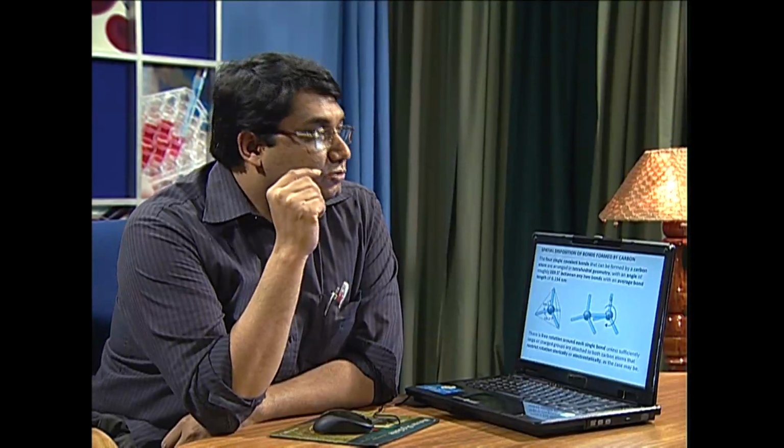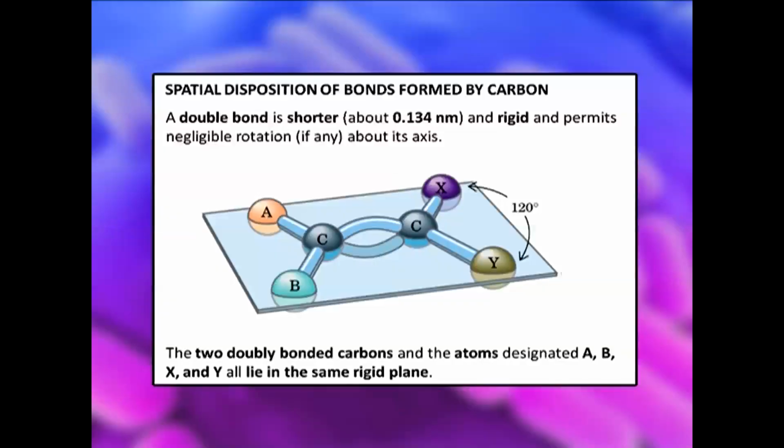sterically or electrostatically. On the other hand, double bonds, they are first of all shorter, about 0.134 nanometer, and more importantly, they are rigid and permit negligible, if any, rotation about its axis. You can see the angle between the substituents with the carbon atom is roughly 120 degrees. And these two doubly bonded carbon atoms and the substituent atoms A, B, X and Y, they all lie on